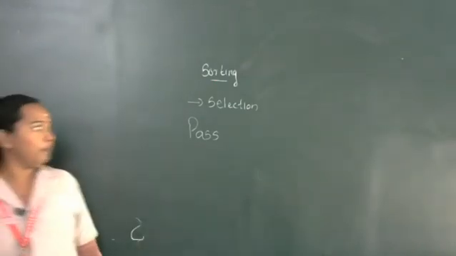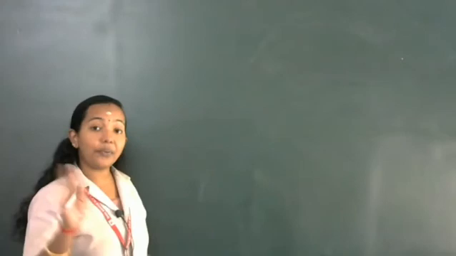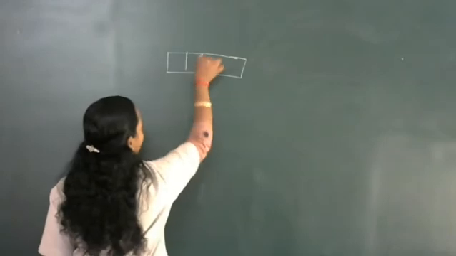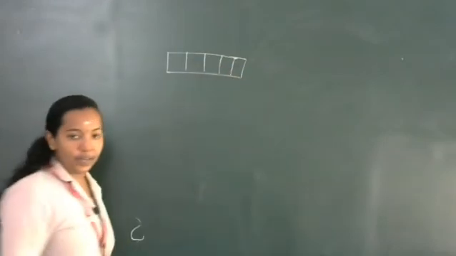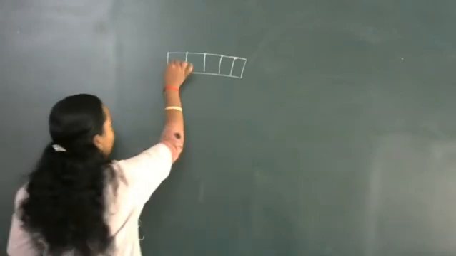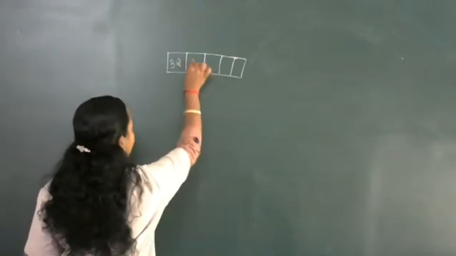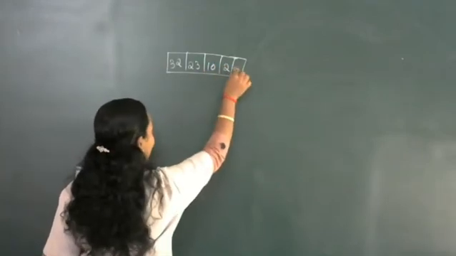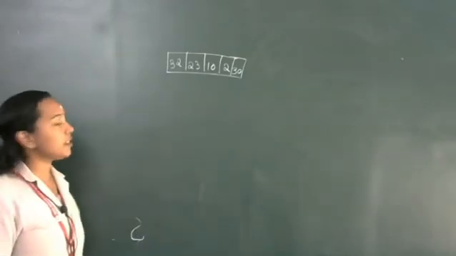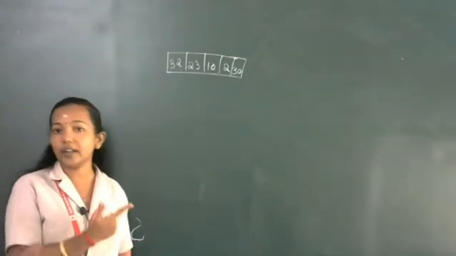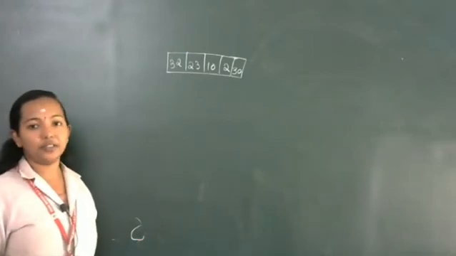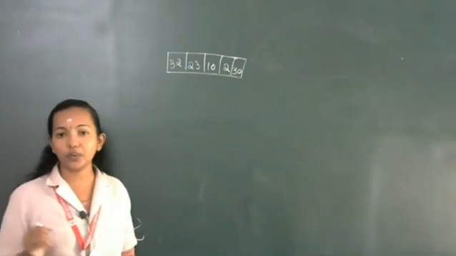Next, what is meant by these passes or steps? Let us assume there is an array that contains 5 elements: 1, 2, 3, 4 and 5. The first element is 32, the second 23, the third 10, the fourth 2 and the last element is 30. So this is the initial array. Is this array in sorted order? No, it's not in sorted order. So we are going to arrange these elements in sorted order using selection sort.